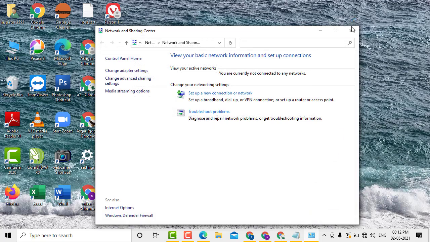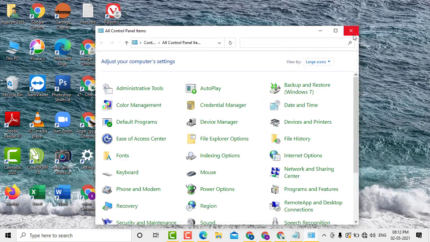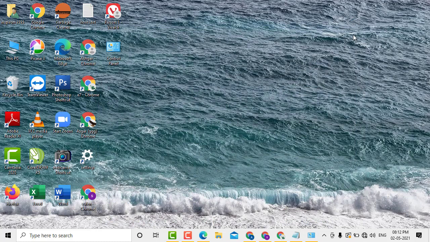So guys, this is a very simple and easy method if you want to turn off file sharing in Windows 10